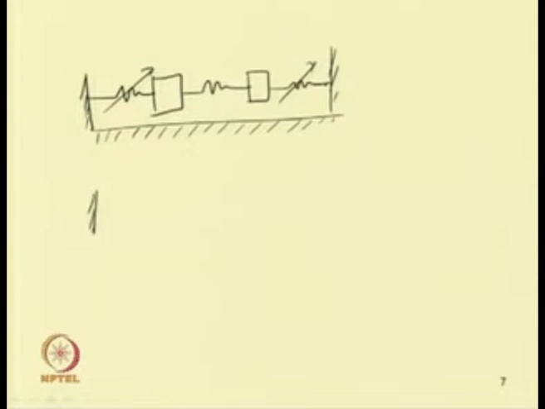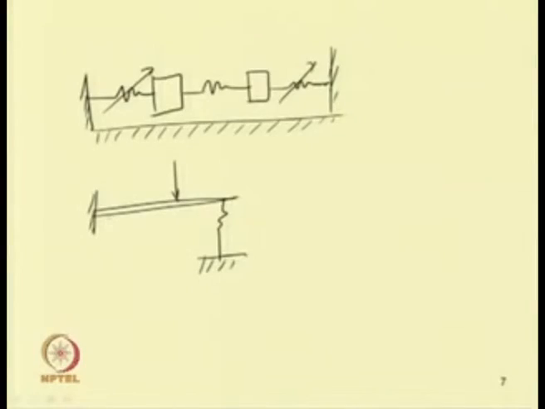But if we have a system, let us take a cantilever beam, supported by some spring and applied with some load. As it is a continuous system, it can be modeled as an infinite degrees of freedom system. Also, one can take the finite element formulation. For the transverse deflection of the system, if one takes a beam element, then for each node one can take the displacement and slope as degrees of freedom.